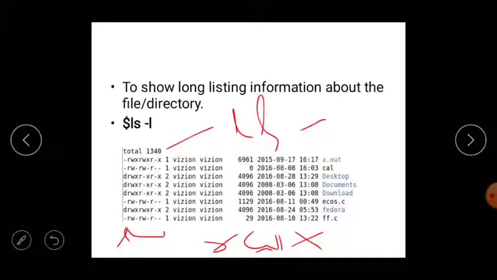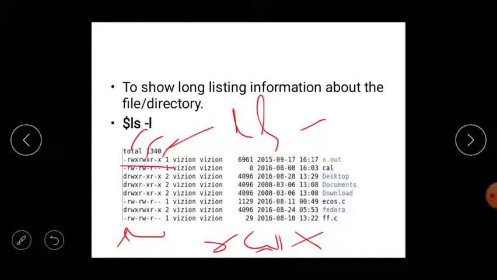These 3 are the permission for the owner. Next 3 represent the group. Next 3 represent the other users.